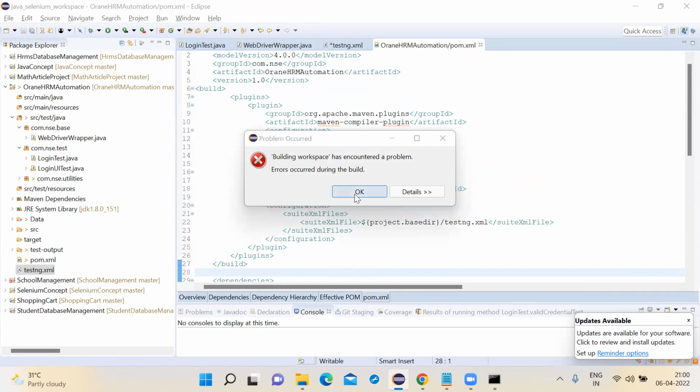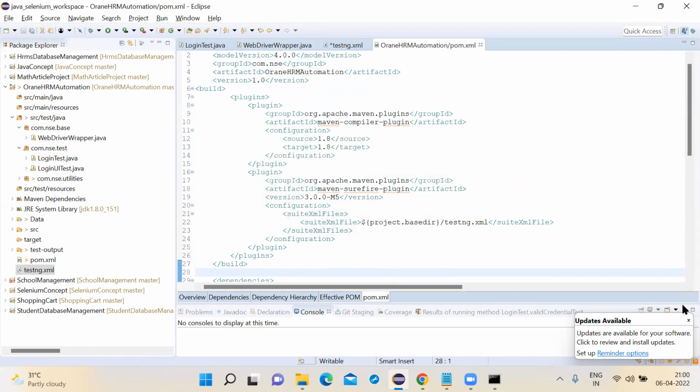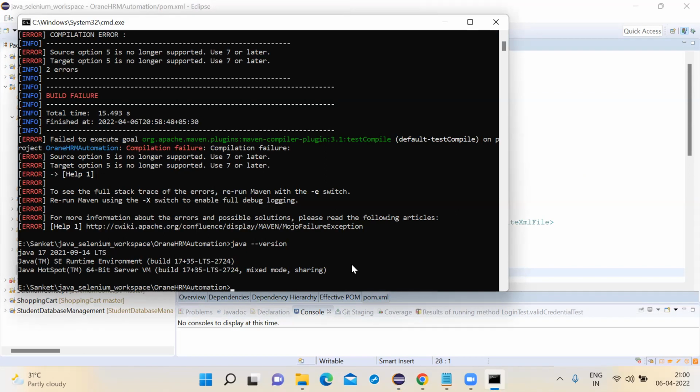Click on OK. Run it now. Just click on the up arrow. Run it.